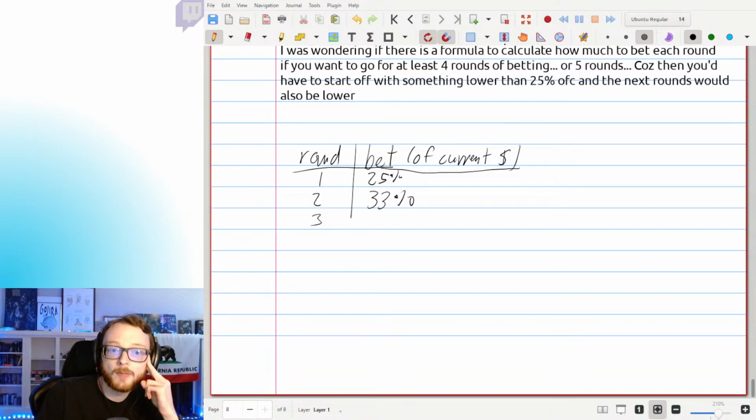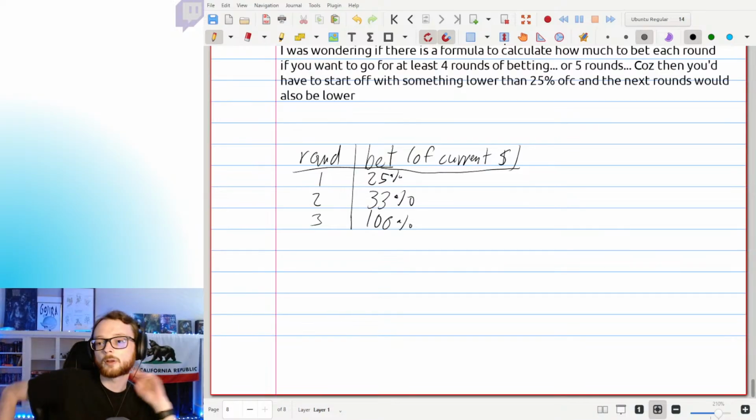And then if you lost that, you would be at 50% of your original points, and you'd have to go all in. And then at that point, you win or lose, and there's no going back. So even when you think about it in terms of an original bet,